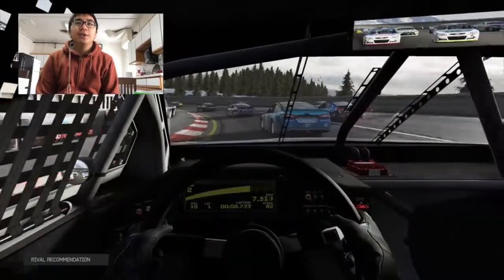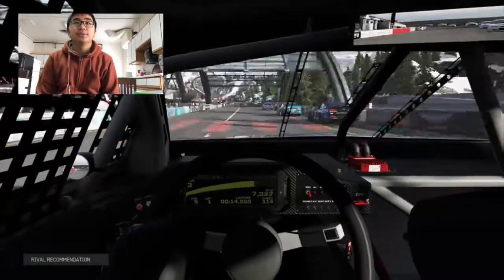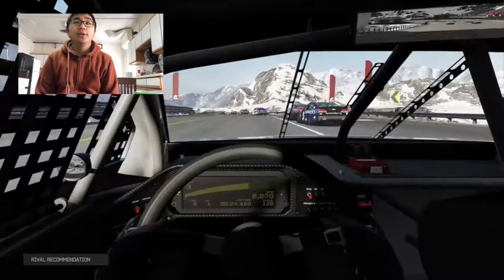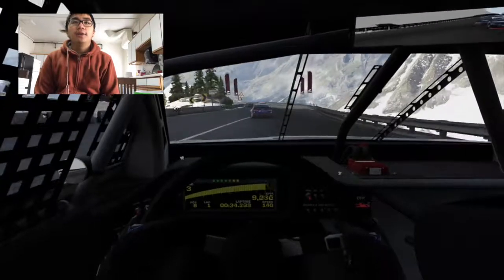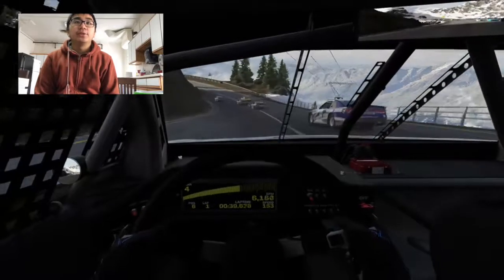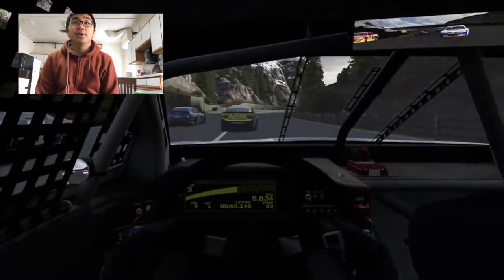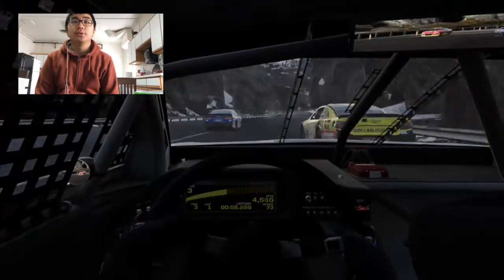I swear, the only other game that had NASCAR that wasn't a dedicated NASCAR game was GT5 and 6. When NASCAR got announced for GT5, I never expected that NASCAR would actually appear in a non-dedicated NASCAR game. That kind of opened the floodgates for other games to have NASCAR, which is really cool when you think about it. Because sometimes we all wonder how a stock car would do on other tracks that aren't in a NASCAR calendar, or how these amazing stock cars would do versus